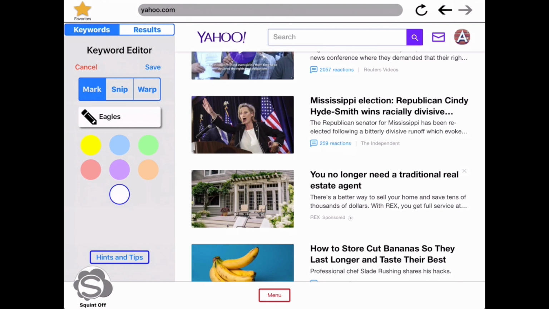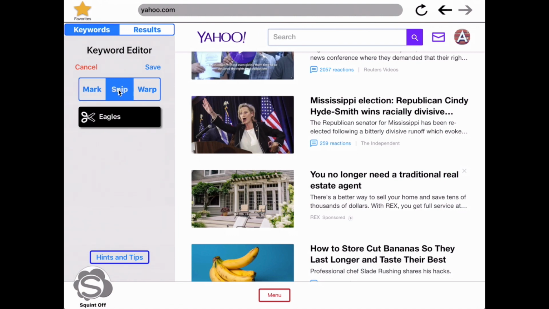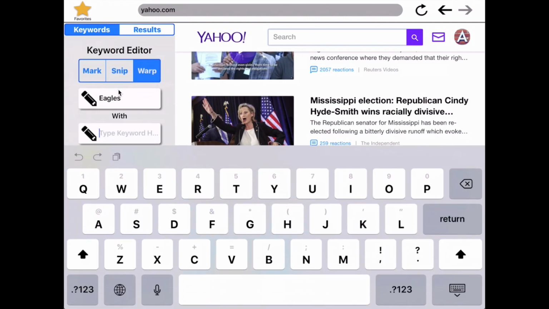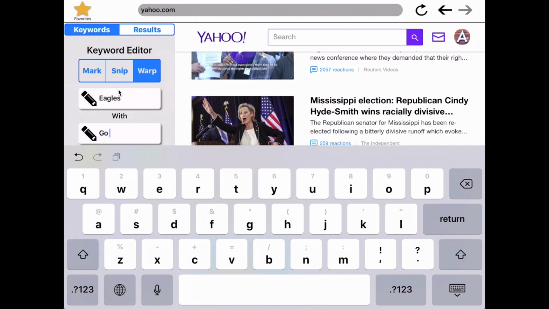We can give it a color or no color, and we mark it. Marking is highlighting content, so I never miss it. We can snip, which gives it the color black and effectively cuts it out of the page so we don't have to see it. Or we can warp it, which is changing things up, giving it a different name. So we'll nickname